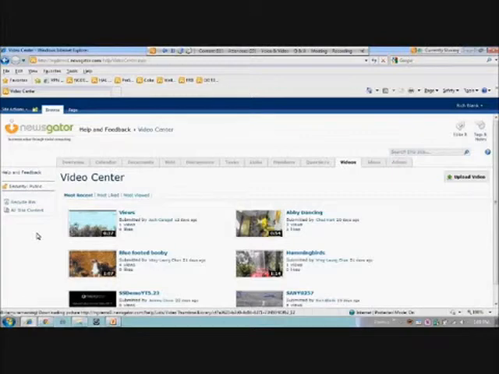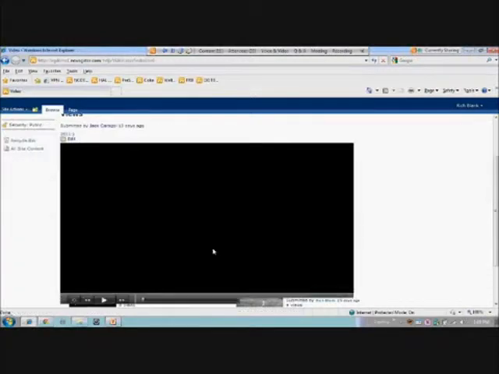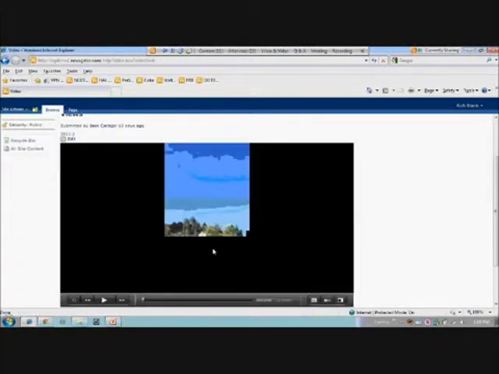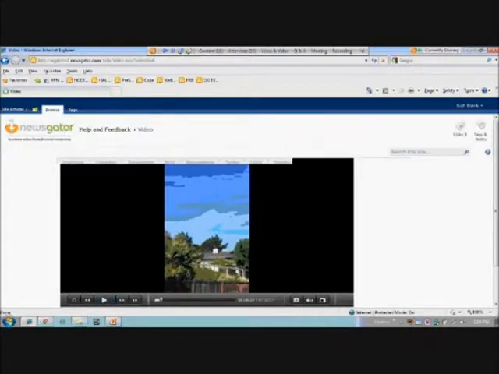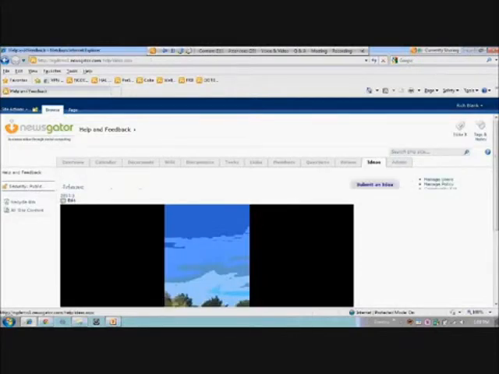So this is what the video capability looks like, and I can click on any of these videos and it plays not only inline in the page, but inline inside the activity stream as well. So those who can play that will see it here on the web, or they'll see it out in the activity stream. I can also post ideas.